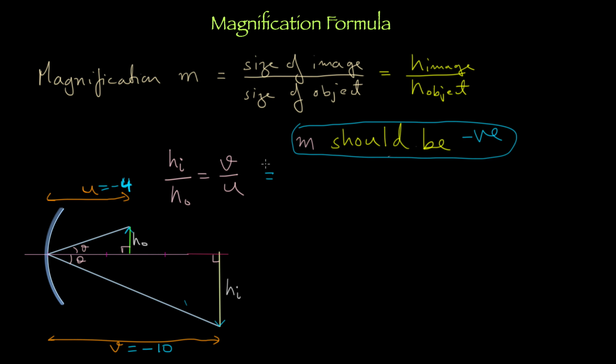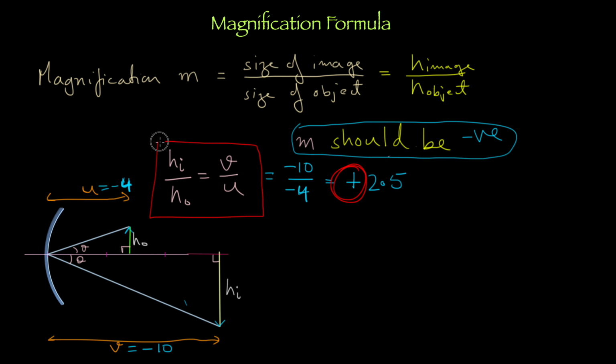So when I put that, what do I get? I get a minus 10 divided by minus 4, right? Which gives me how much? 2.5. It gives me a plus 2.5. Get the point? Which is wrong, right, guys? We shouldn't get a plus, right? Yes, sir. So mathematically this may be the thing, but this is not